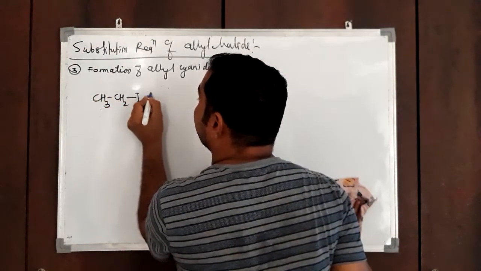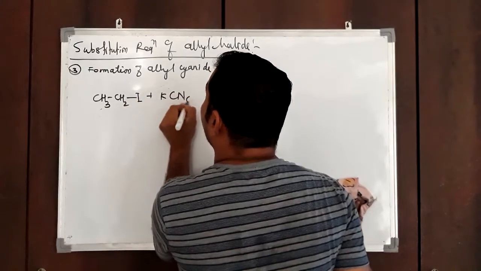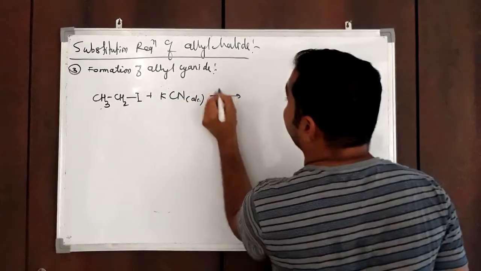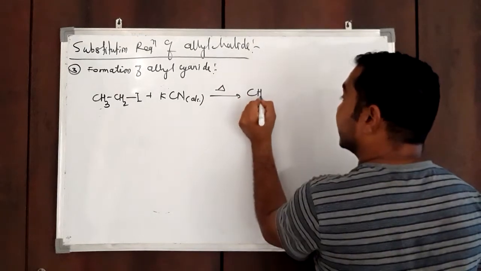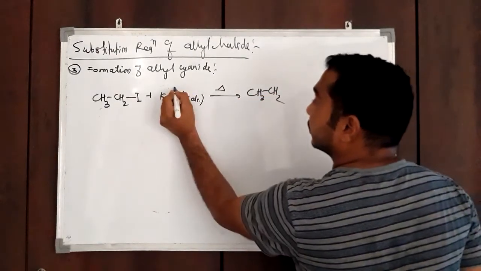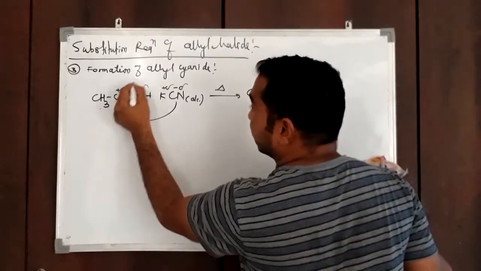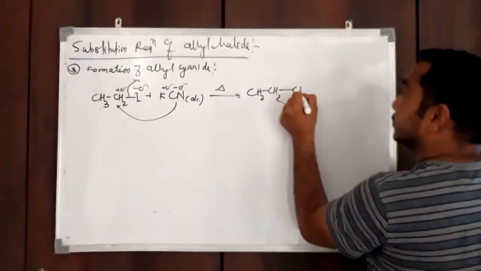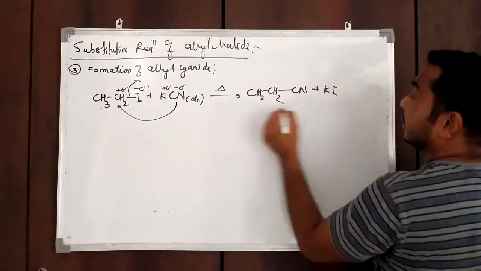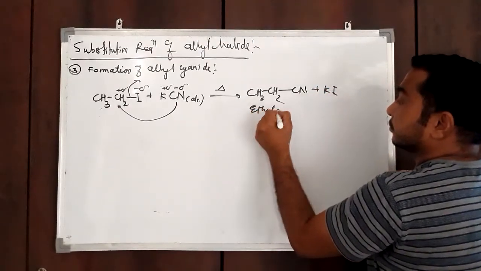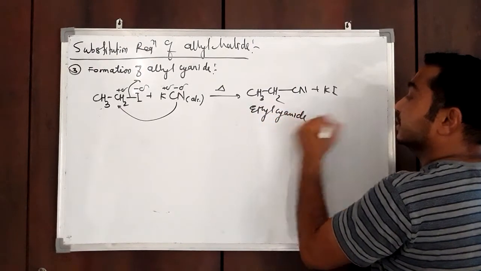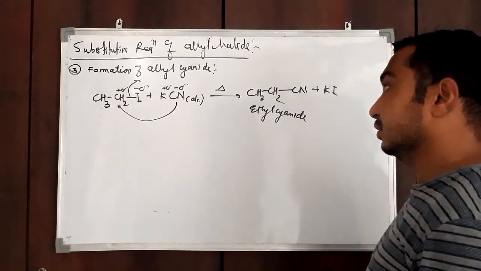CH3CH2I plus KCN, alcoholic solution of KCN, and heat, you will get CH3CH2, this is negative, this is positive. So this will replace I with CN, plus KI, that is ethyl cyanide. Okay, very simple. Next reaction,